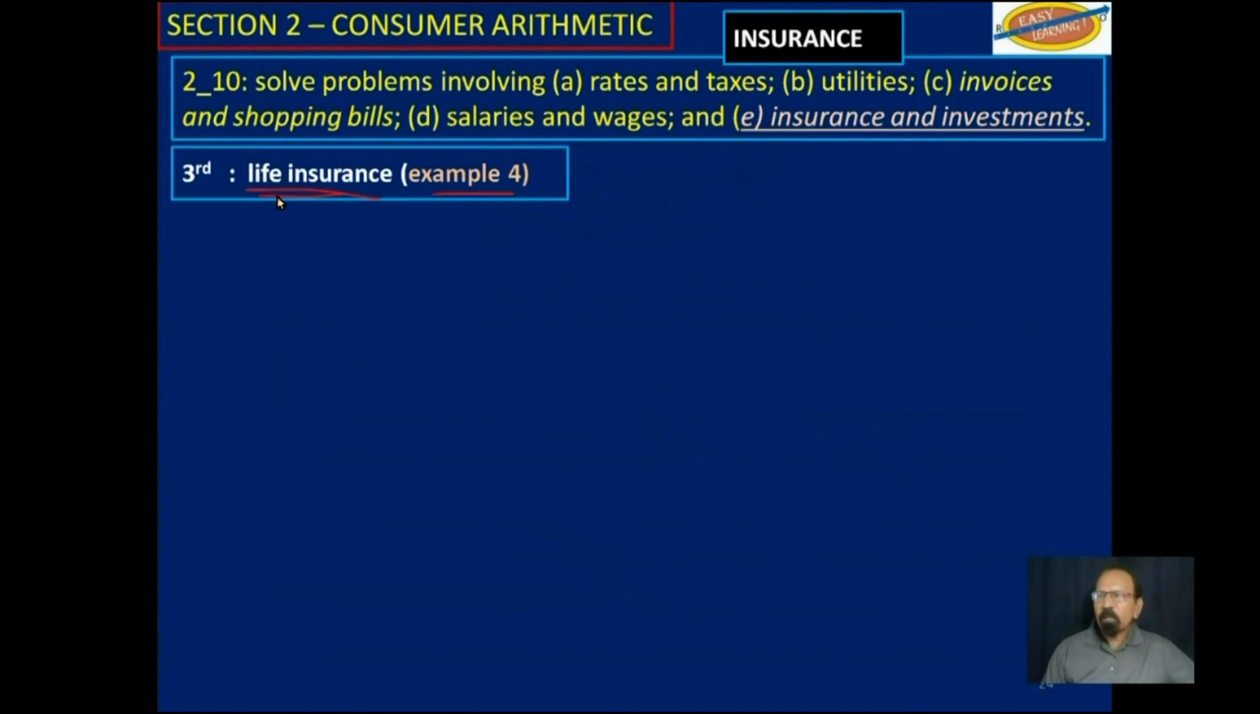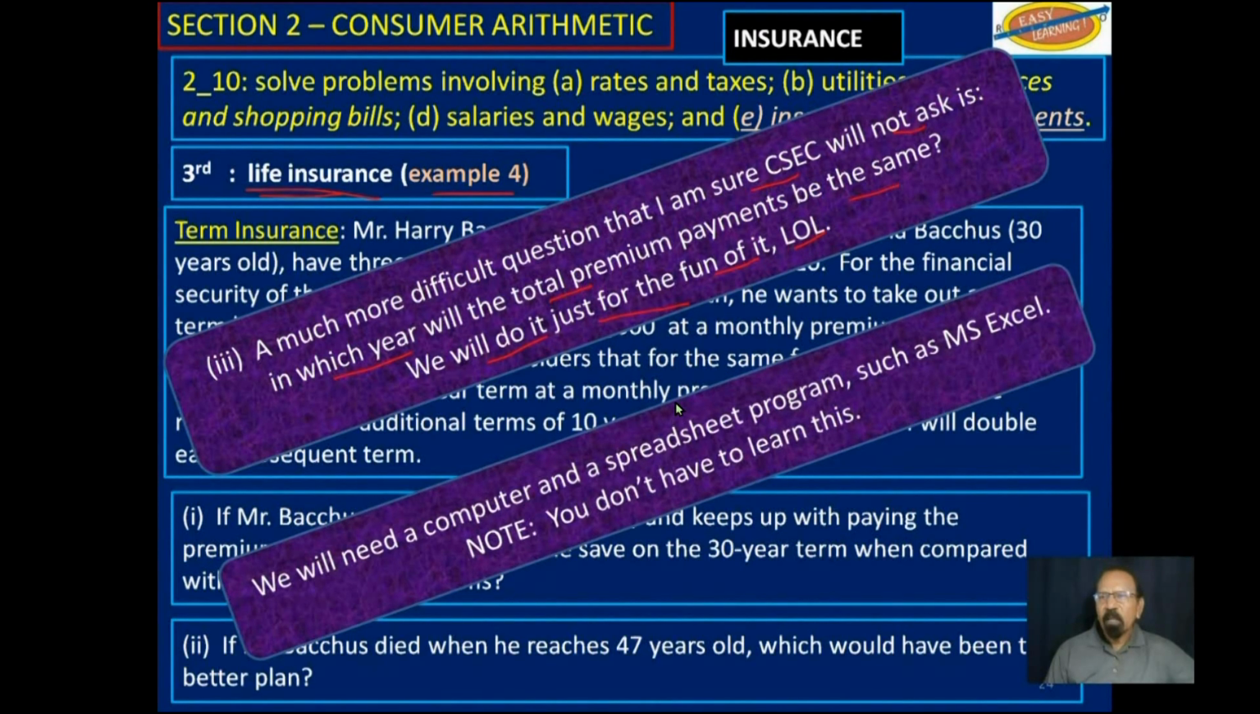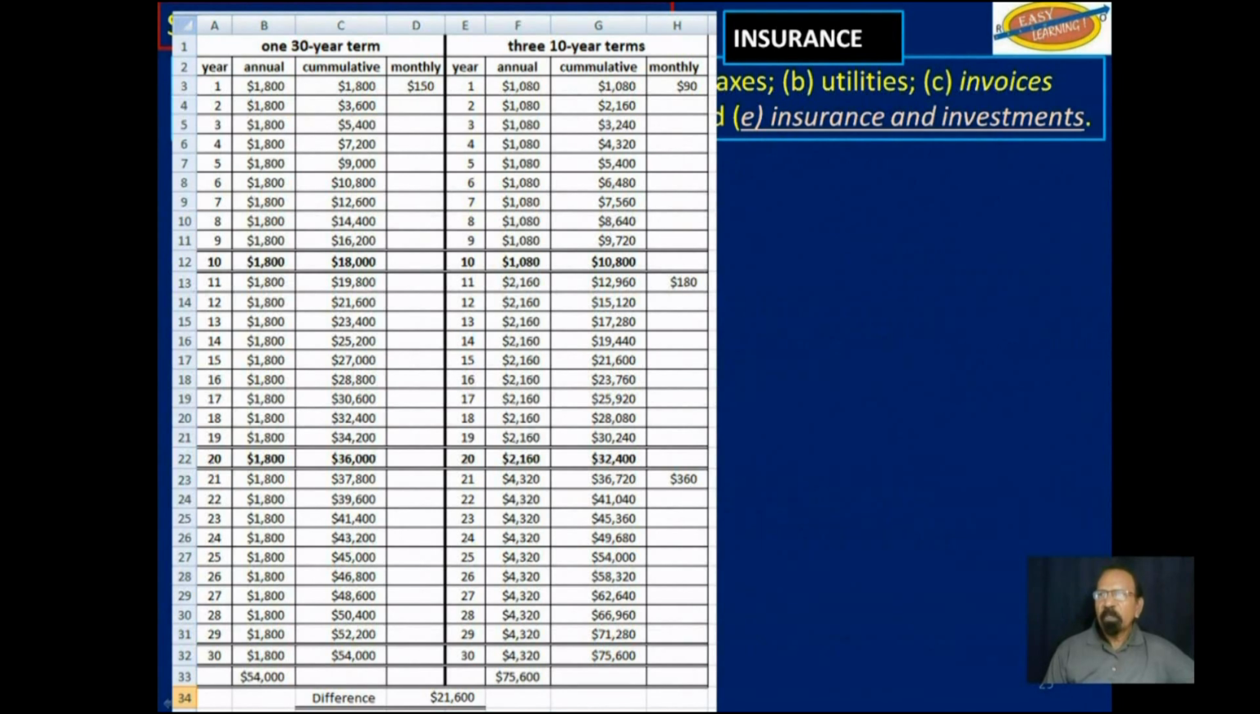So this was the one that we just looked at. A much more difficult question that I am sure CXC will not ask is, in which year will the total premium payments be the same? But we will just do it for the fun of it. However, you will need a spreadsheet program, but I am just doing this for your own education. I know some young adults, maybe some older adults may be looking at this video. So if you put that in a spreadsheet